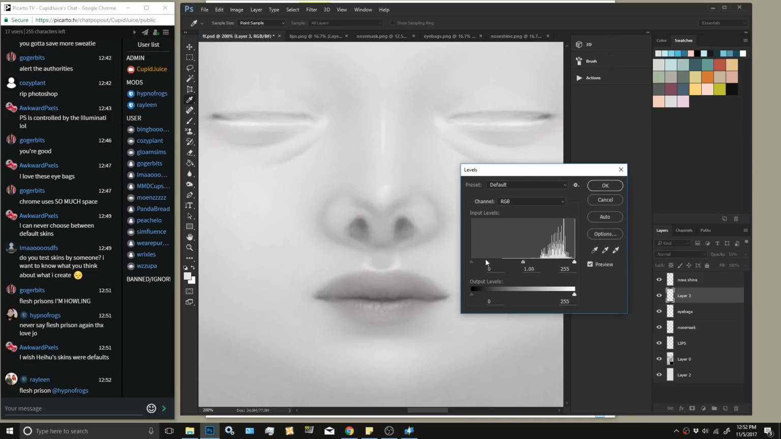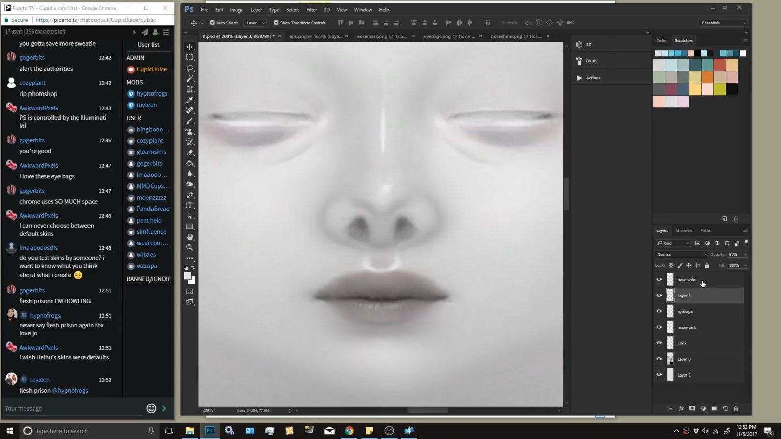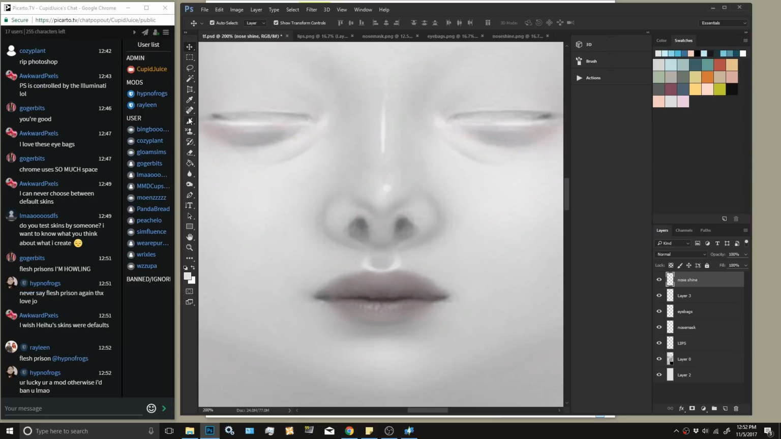I'm gonna go to levels. I'm gonna crank up the shadows and highlights a little bit so I can see it better. Ooh, okay, yeah, just like that. And move my mouse over so that I can actually reach my drawing tablet. I'm gonna take